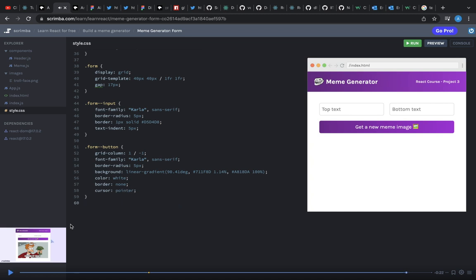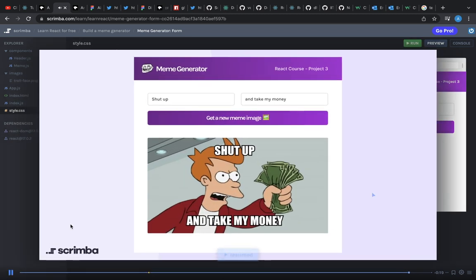And awesome, that's looking great. It looks very much like our design. Now, at this point, I probably could separately create this image with the text sitting on top, but I think it's high time that we jump into actually